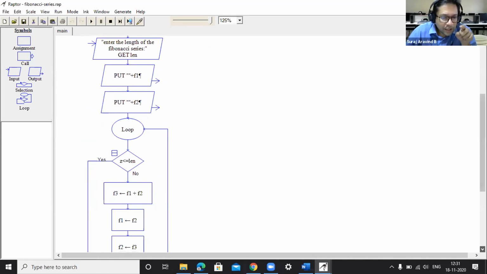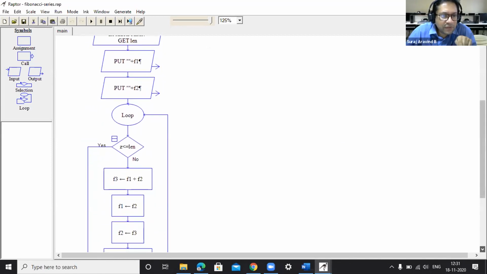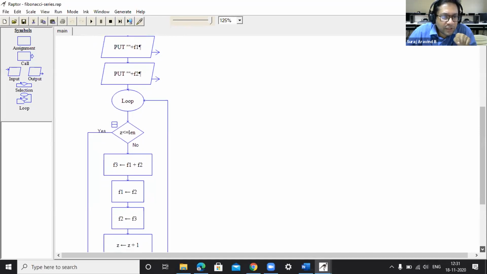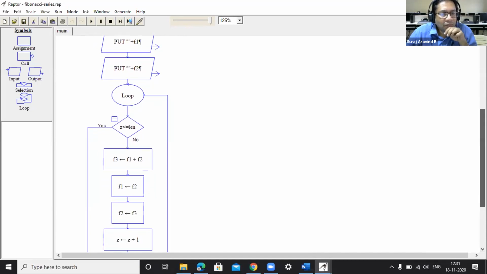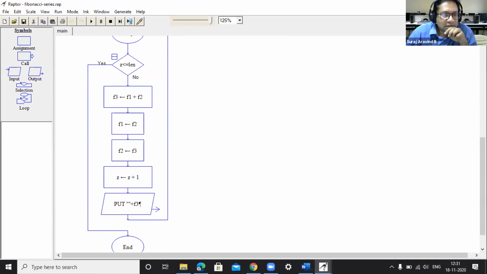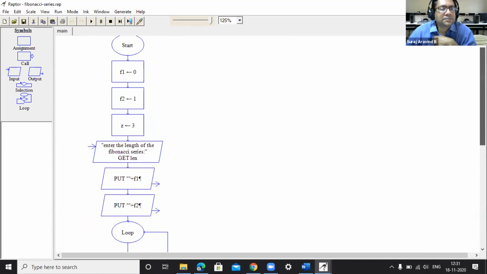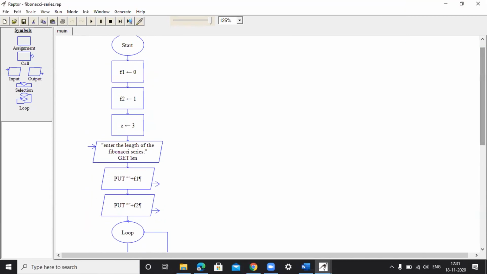So in the no section of your loop, see whether you are making changes to the variable z. Yes, z is updated to z plus 1. Fine. Scroll up. What is the initial value of z? 3, sir. Sir, there I think it must say greater than, no, sir. There it should be length is less than or equal to, sir, not z.